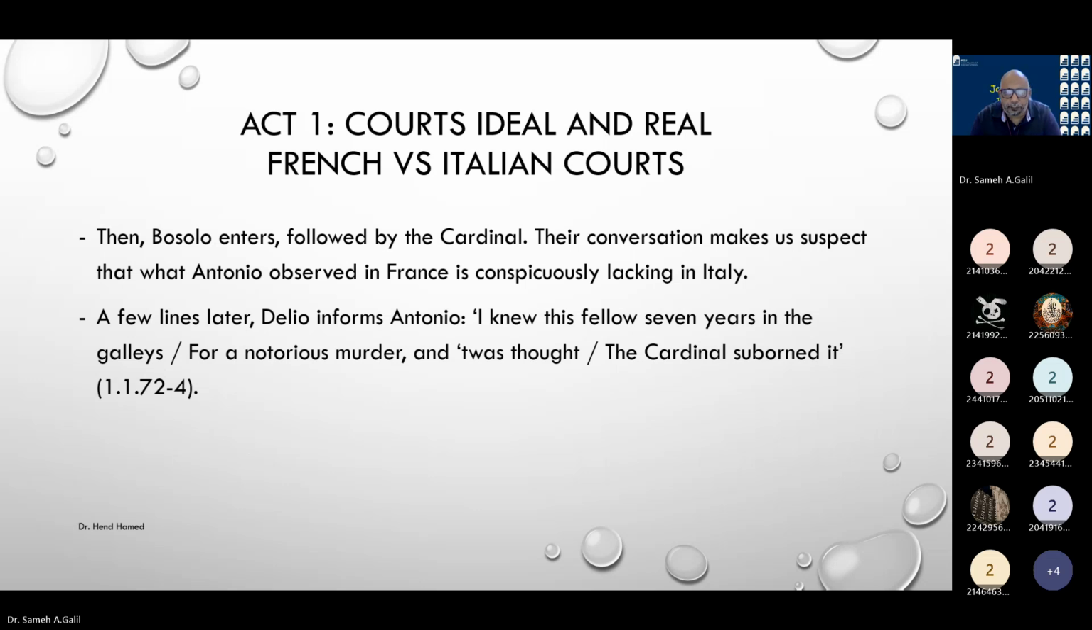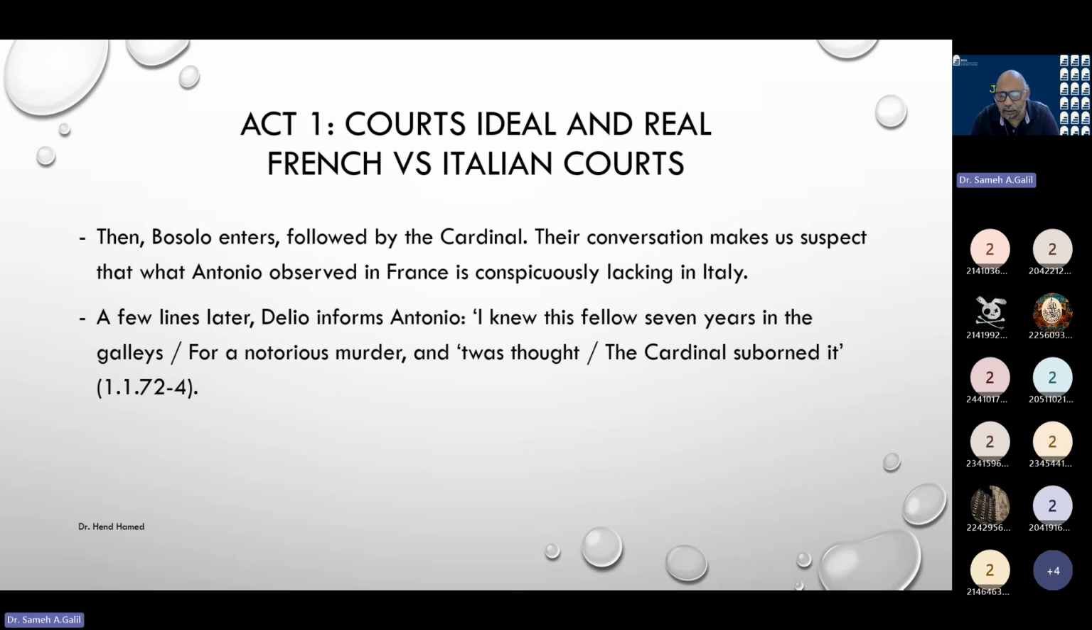Again, obviously, they are not going to spend the rest of their lives talking. Bussola will come in, and we'll get to know who Bussola is, and he is going to be followed by the cardinal. Again, who is seeing them from afar? It's Antonio, and Antonio is going to be commenting on what he is seeing because he knows Bussola inside and out. First of all, Delio is going to inform Antonio